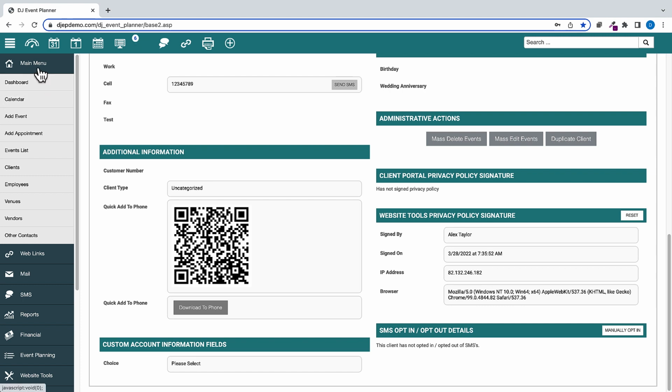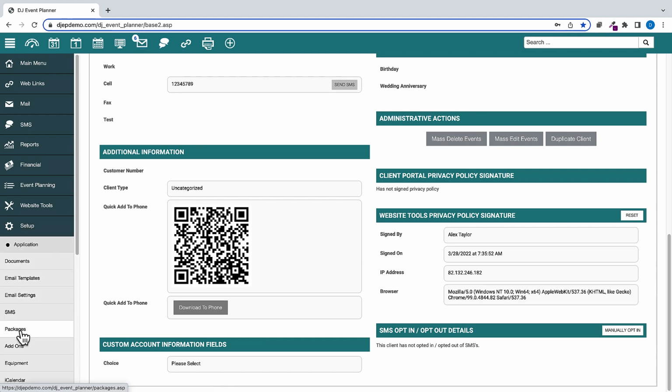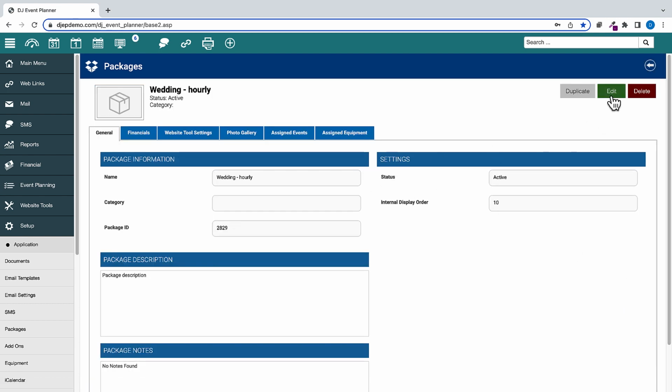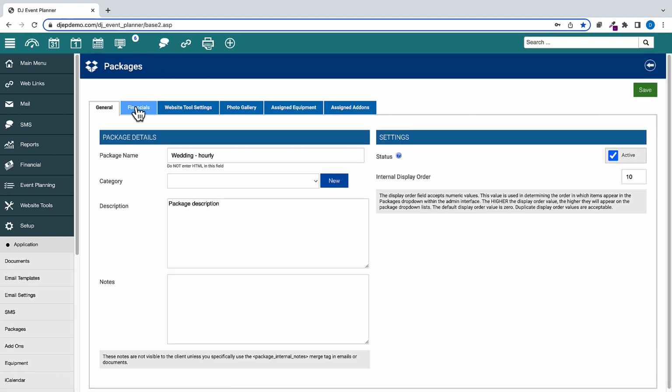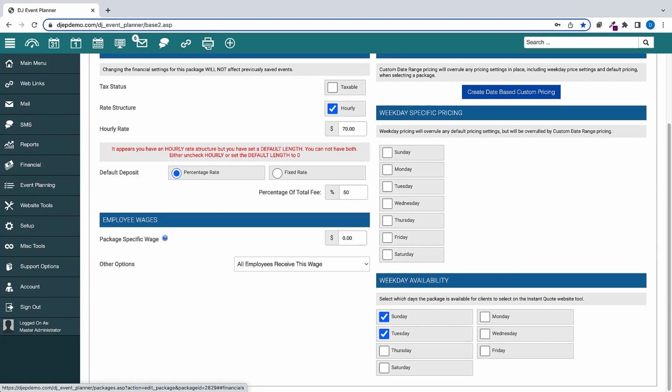We have added the ability to create custom pricing for days of the week on a per package basis. This setting can be found by going to Setup, Packages, View or Add a Package, Edit, and then to the Financials tab. Look for weekday-specific pricing. When you choose a day of the week, a new section will appear where you can add your default price